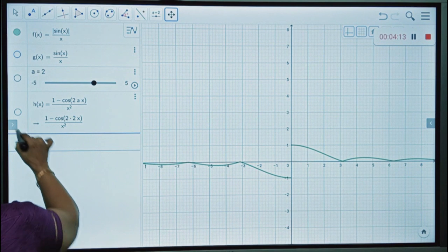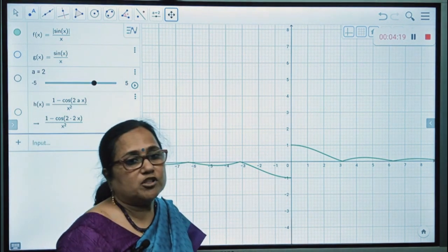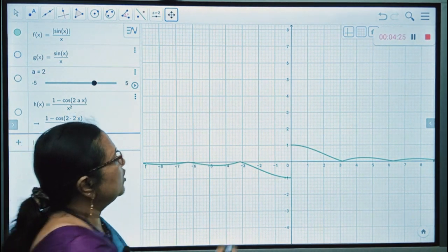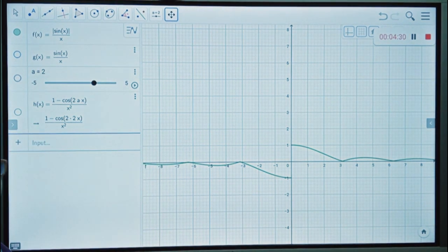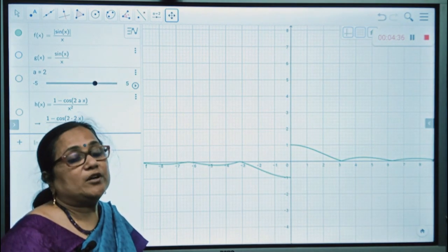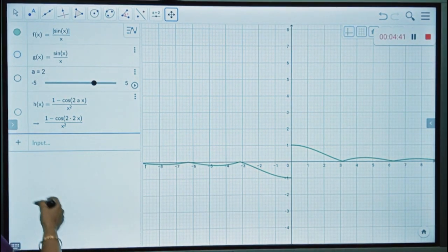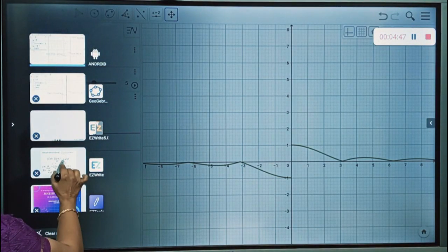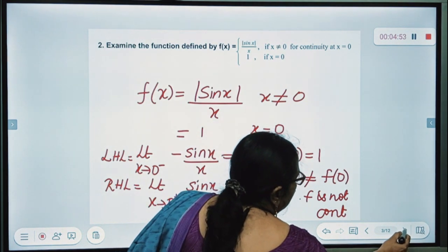So this is what we explored using algebraic calculation also. But from the graph also you can understand more about the function. We are looking at mod sin x by x. You can see that at 0 it is not continuous because there is a break in the graph. And if you look at it algebraically, minus pi by 2 to 0 sin x is negative. 0 to pi by 2 sin x is positive. Therefore, the limit itself does not exist. Okay, this is what we saw. The limit does not exist. We also saw the graph.